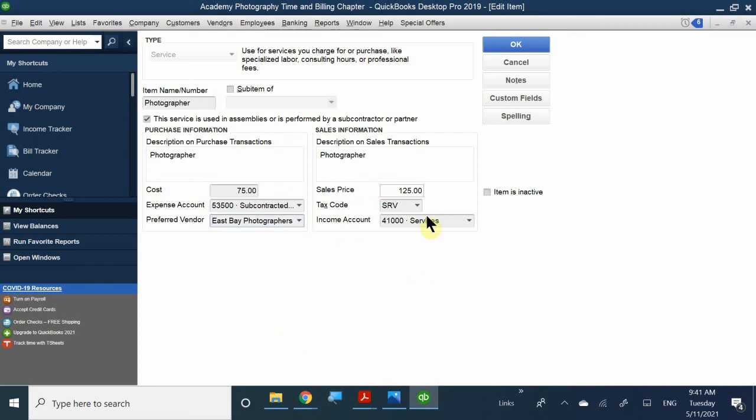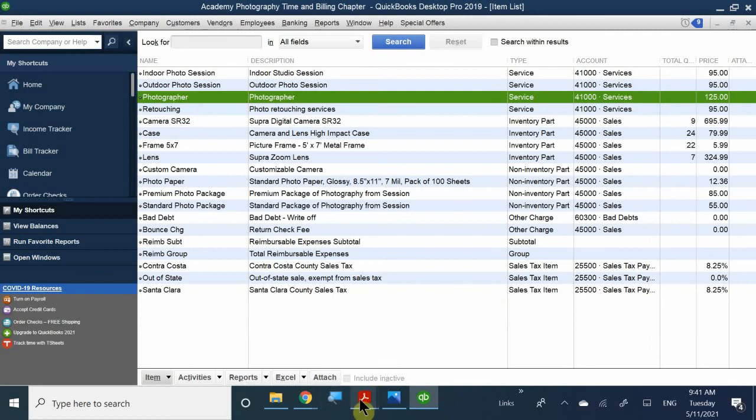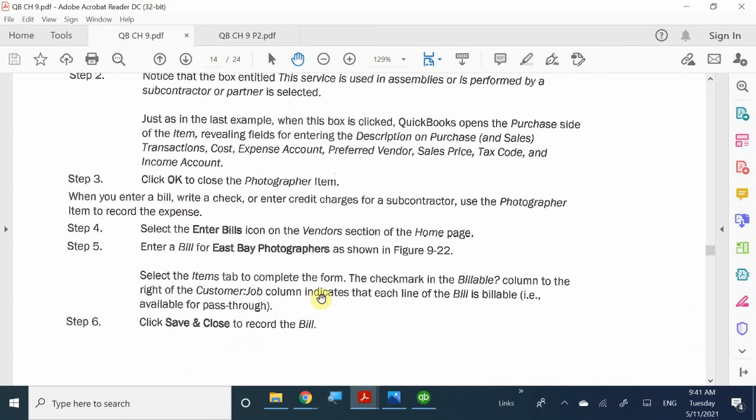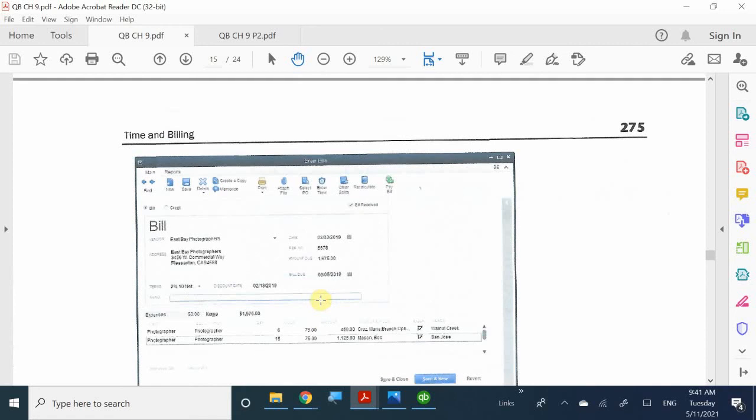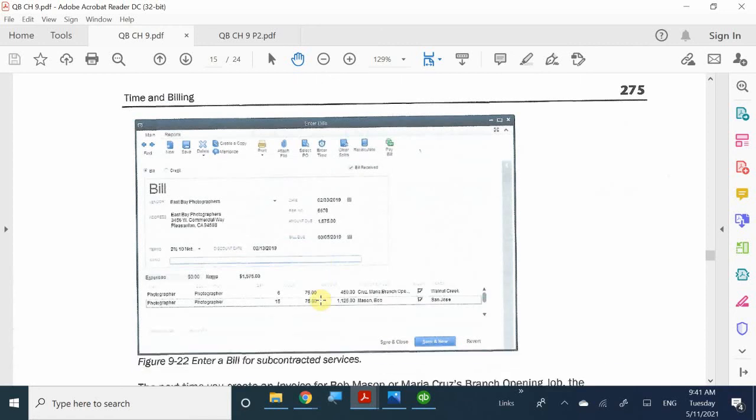So right here, it's already set. And all I had to do was validate that East Bay Photographers is my preferred vendor or preferred 1099 contractor that I'm going to use for this setting. And I'm going to go ahead and click OK. So then once I have that, the next thing I'm going to do is bill my customer for this particular thing. So once again, we're going to receive a bill from East Bay Photographers, right? Because in this case,